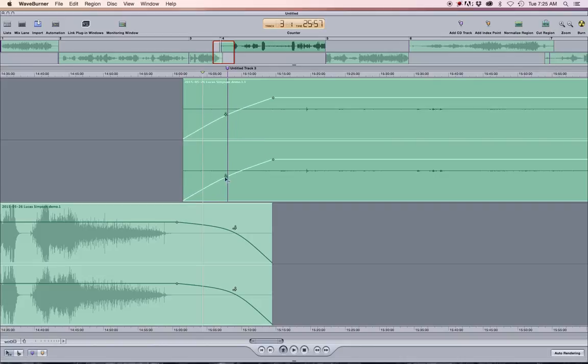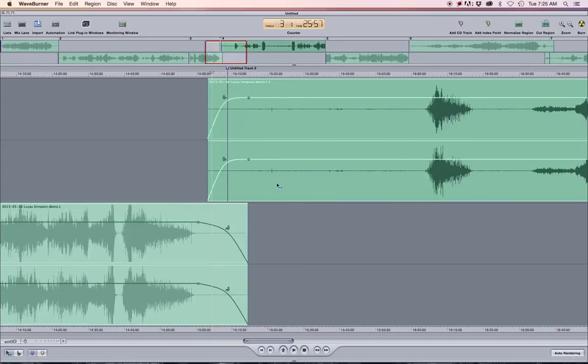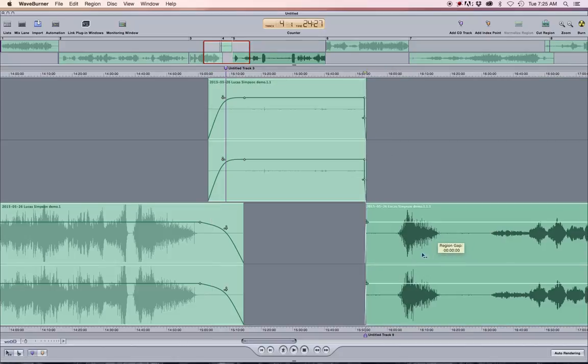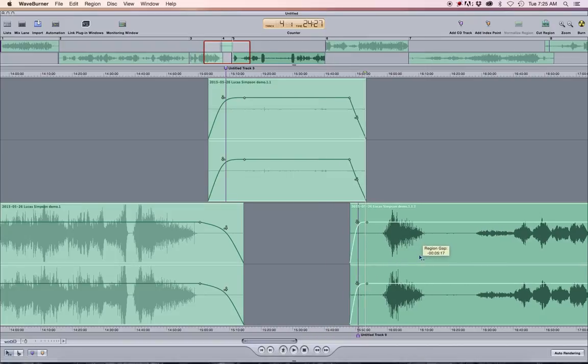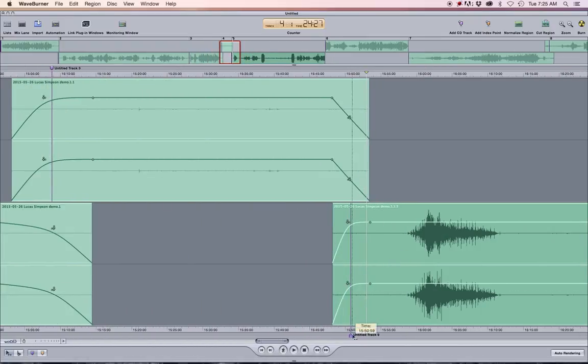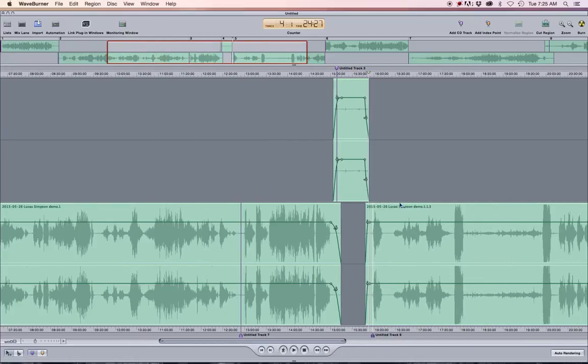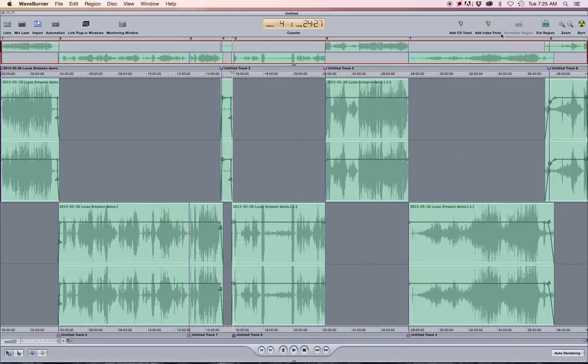This covers most of our purposes, just doing a simple linear or exponential fade one way or the other will usually work. And crossfades, once you start messing with those, they don't automatically work, but as you see when you make a regular cut by holding the command key, the crossfade automatically is created along with an index track every time you make a cut, then move the index track where you want to. Those are the basics of navigating in Waveburner,